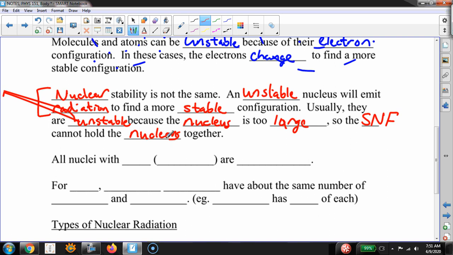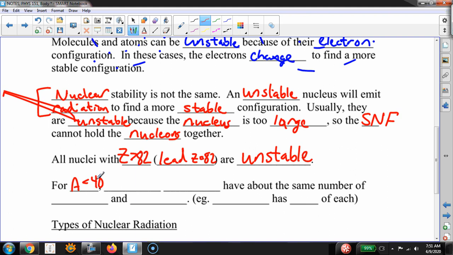Now, all nuclei with Z greater than 82, and lead has Z equal to 82, so all nuclei that are bigger than lead are unstable. Those are radioactive elements. For A less than 40,